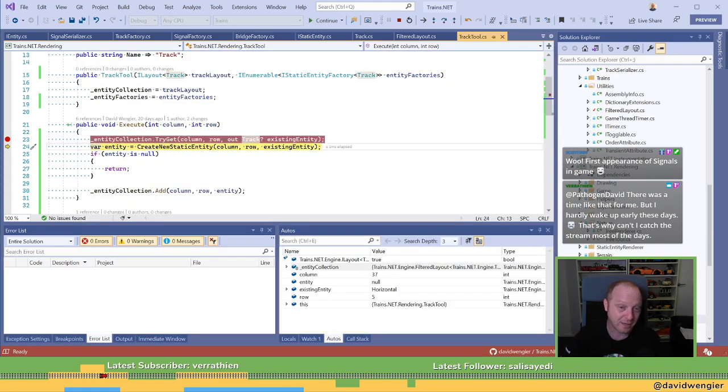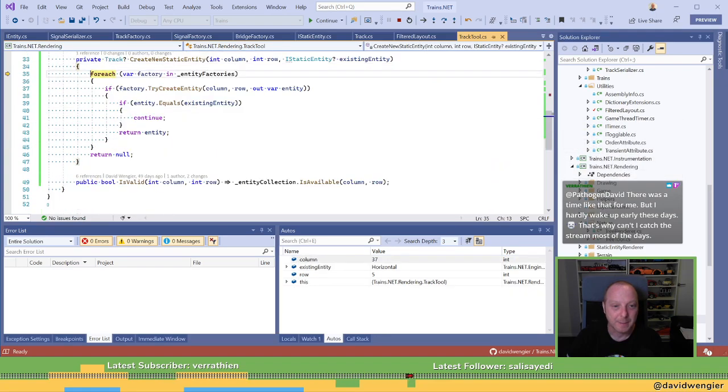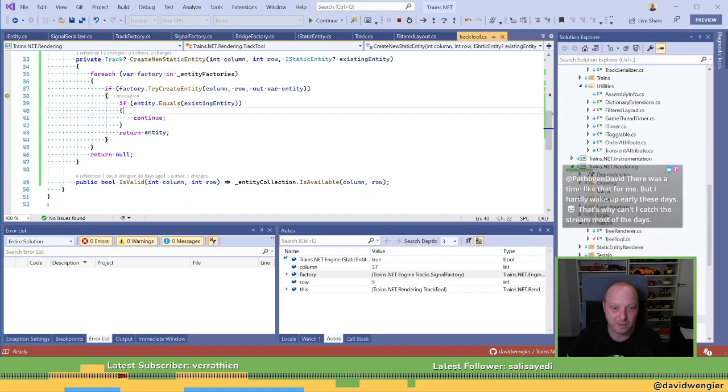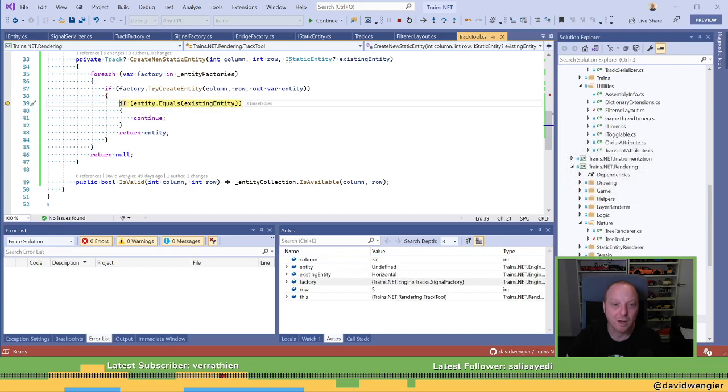So this is going to get out an existing entity. We're going to go through our track factories. We have created a track. Oh, and of course the entity doesn't equal that. We haven't set all of the stuff yet.